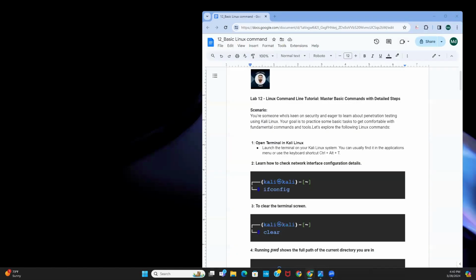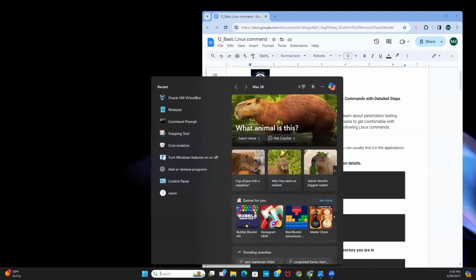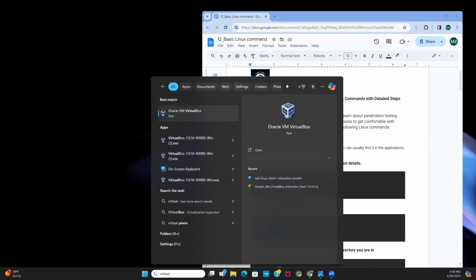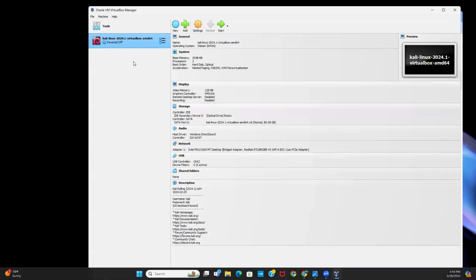First, I'm going to open the VirtualBox. So in the search box, type VirtualBox, Oracle VirtualBox. You should already have the VirtualBox and also the Kali Linux machine in your system. If not, you should watch my Lab 11 where I show you how to add the Kali Linux virtual machine in the VirtualBox. Okay, so as soon as you open, it will be powered off. So you have to start. So click the start button,